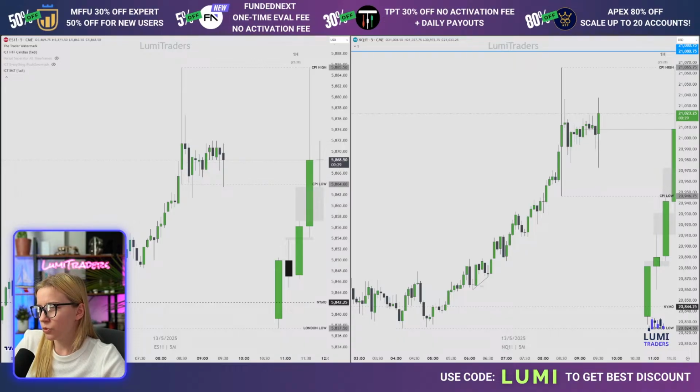I'm just not sure if I'm going to switch to the 1-minute chart for now. Yes, we have the first presented fair value gap. As I said, I'm going to wait for 10 because my task right now is to forward test and backtest what I'm going to share today with you guys. And I will try to execute this. Depends on the stop loss, how big the stop loss is going to be, we'll adjust my contracts.